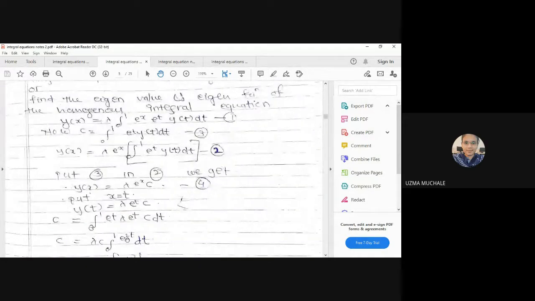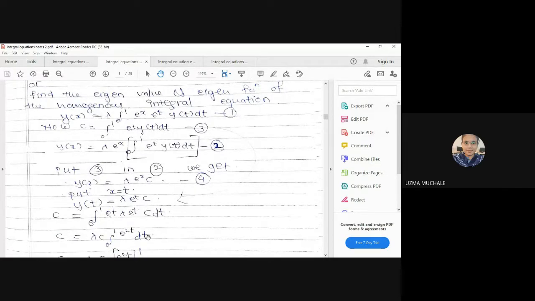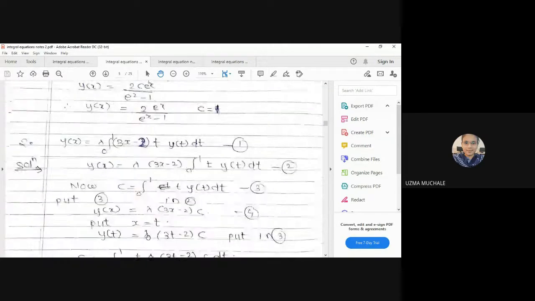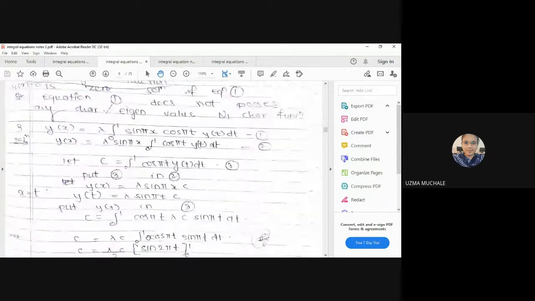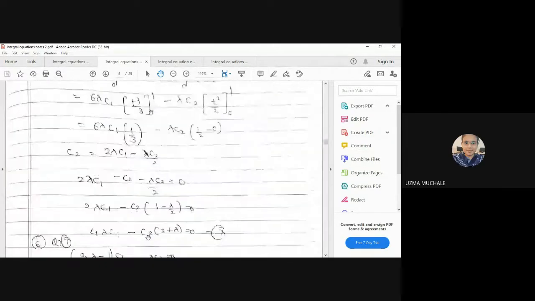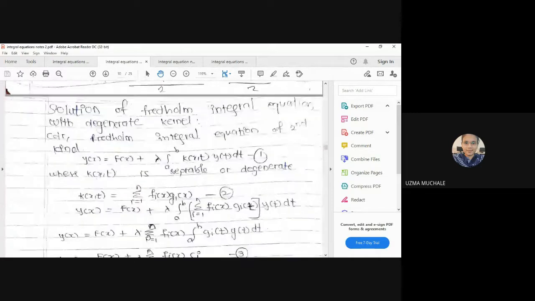So here you have seen all the examples. You have to take all the terms of x outside and solve for the c. Whatever this is, we have to keep it as some constant c and solve the equations. Similarly, we have gone through the examples of this one, and then we have seen the solution of Fredholm integral